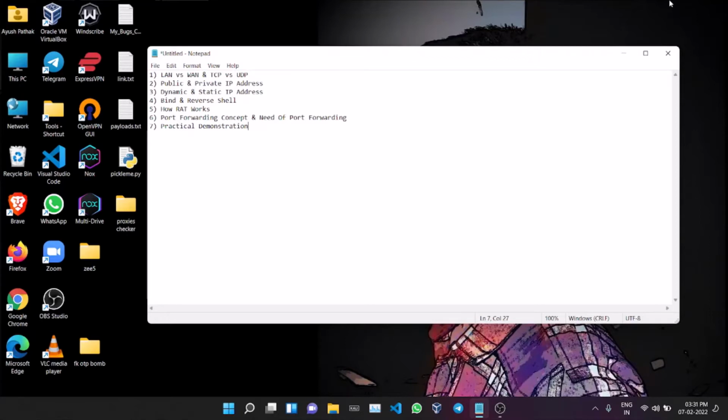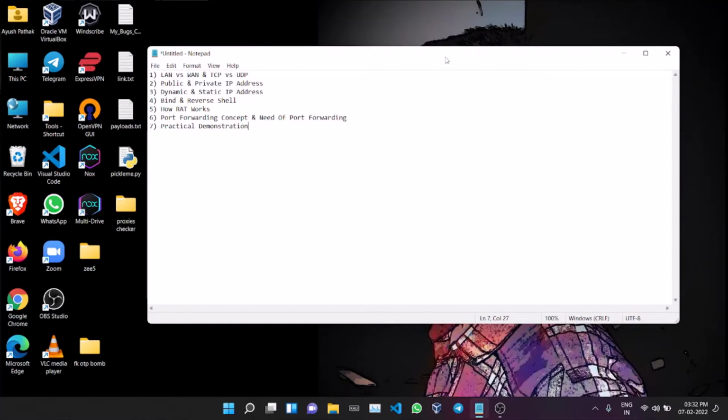When we use a router or anything like a SIM card or internet from a dongle, then we have a dynamic IP. Means every time or after some time it gets changed automatically. It doesn't remain constant. But if we pay for a static IP address, or we are in a company or we have a server, then we have a static IP. Static means just fixed, nothing else. So our address is fixed in the case of static IP address, but if we have a normal router, normal SIM card or something like that, then we will definitely have a dynamic IP address. So this was the difference between dynamic and static IP address.